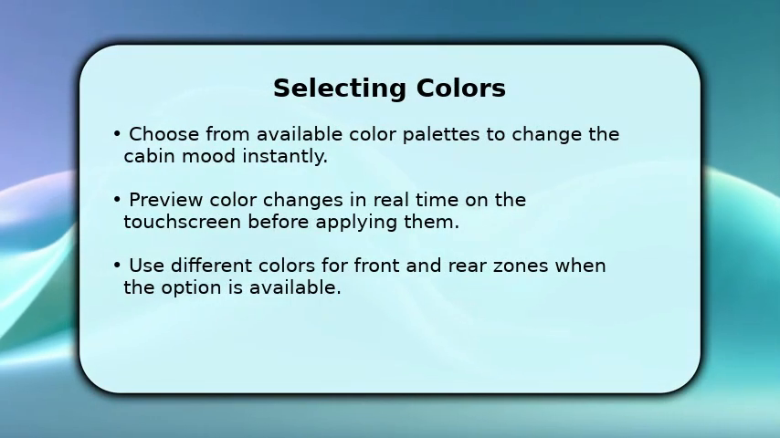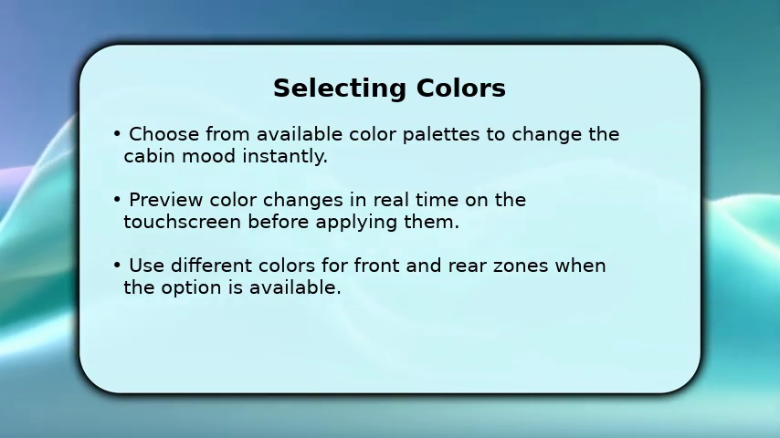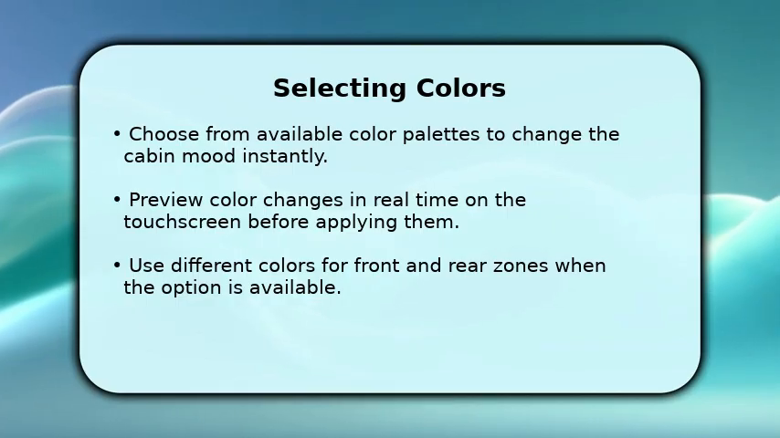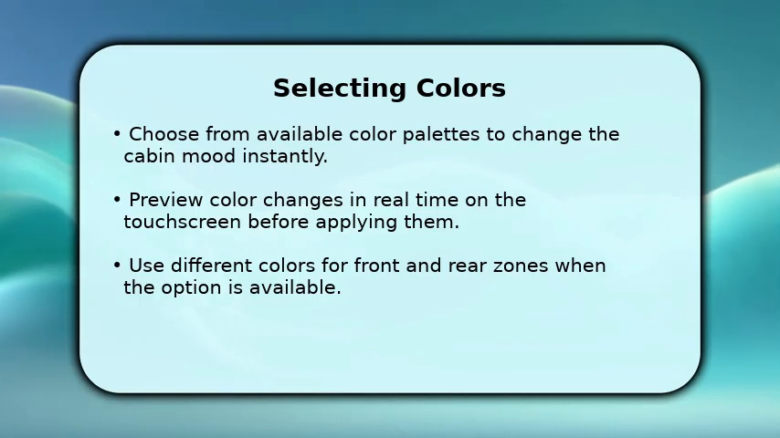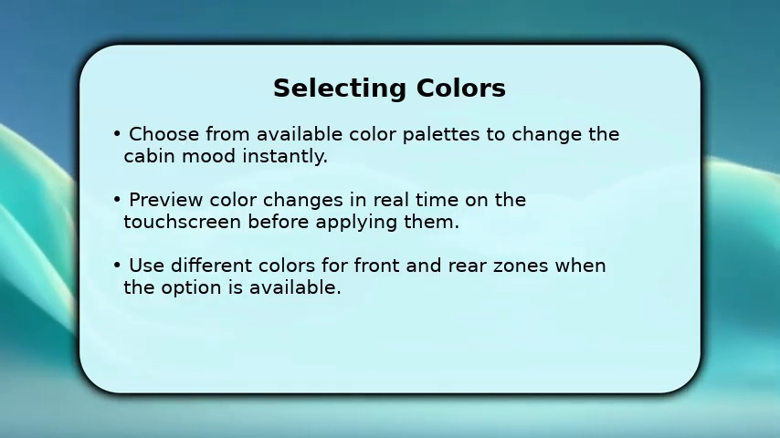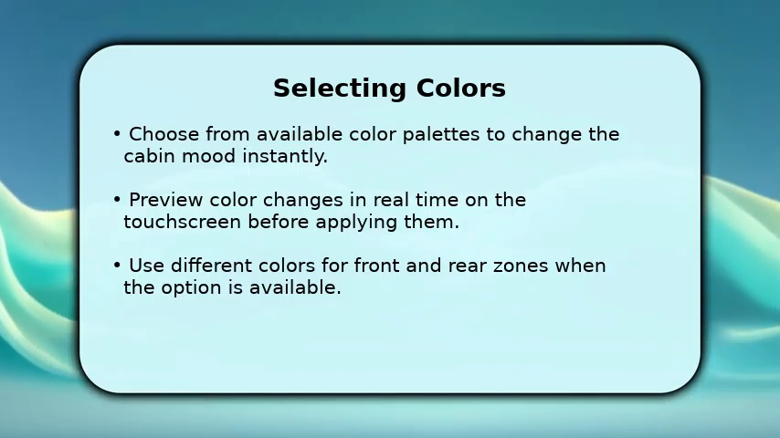Choose a color palette from the Ambient Lighting menu to set the cabin mood quickly and easily. Tap any color swatch to preview changes in real time on the touchscreen and around interior trim. Adjust the brightness slider to fine-tune intensity for daytime or nighttime driving. If your vehicle supports multiple zones, set distinct colors for front and rear areas to personalize the experience for driver